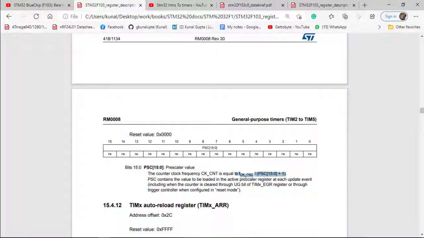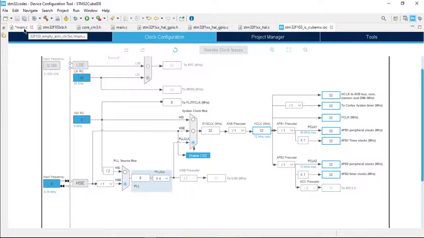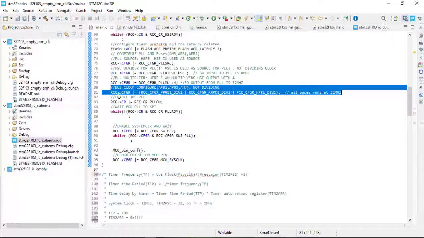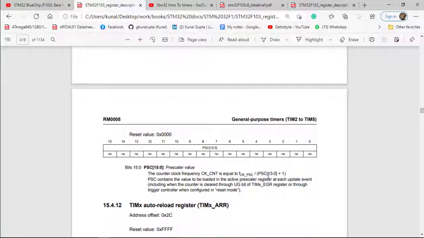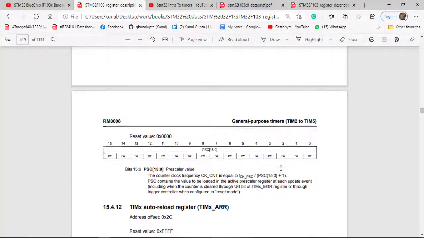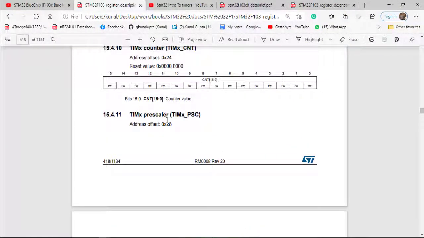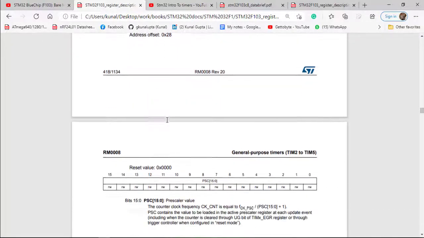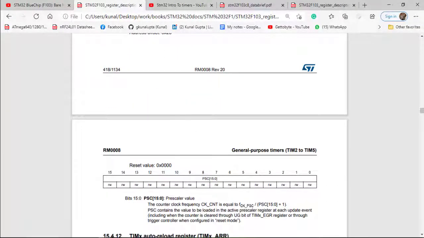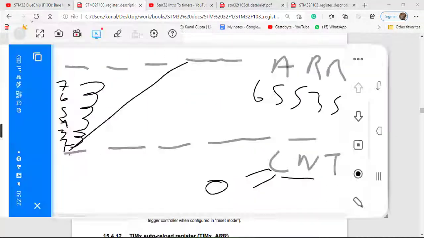In this formula, FCK upon PSC is my 32 megahertz, as we have configured our code in such a way that my APB1 peripheral gets 32 megahertz, and then the prescaler value, which we will be writing in our TIMx_PSC. This is the place where our prescaler register comes in.